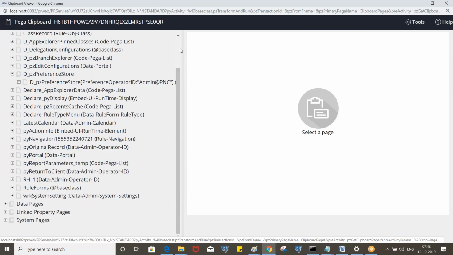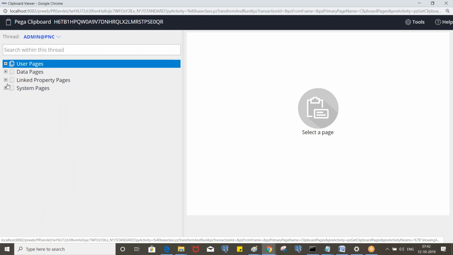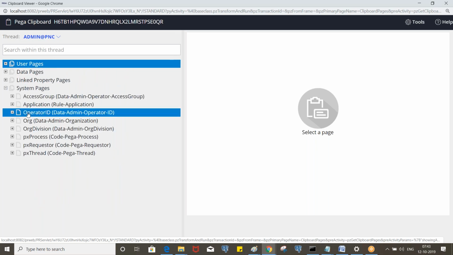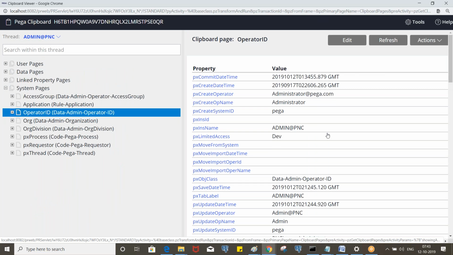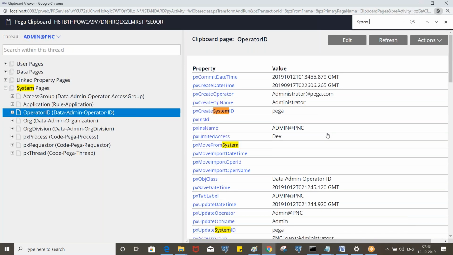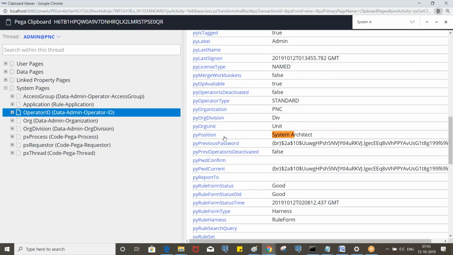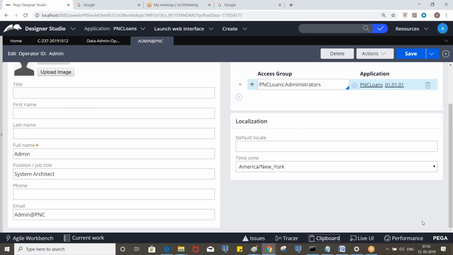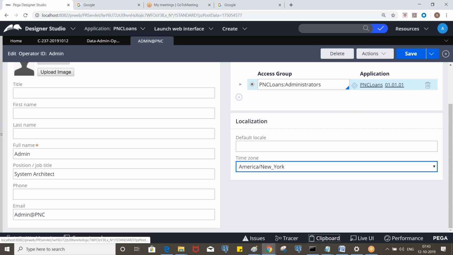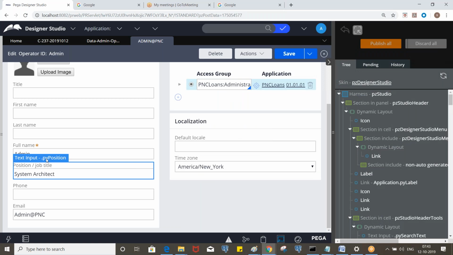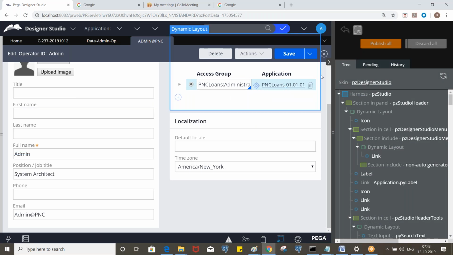Go to the data admin operator ID, system architect. So what is the property? Py position. So you can find it this way also. Or take live UI, which is used to identify UI elements. Put the cursor and you will find it. Okay.